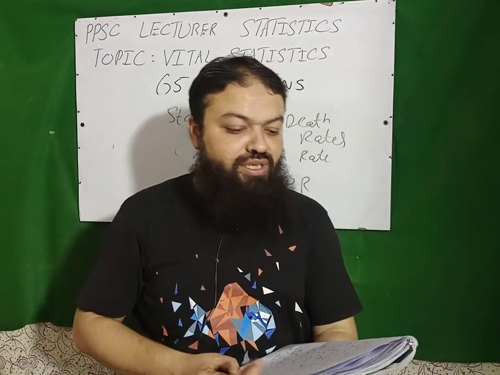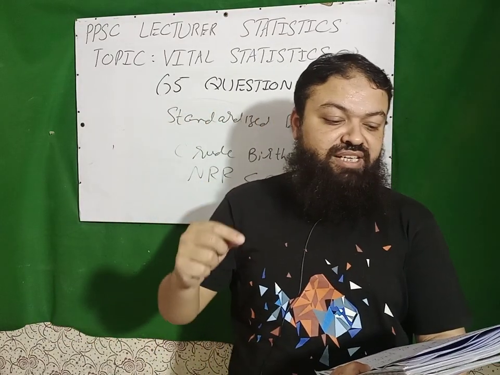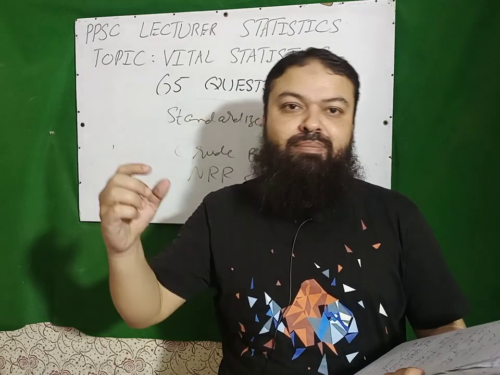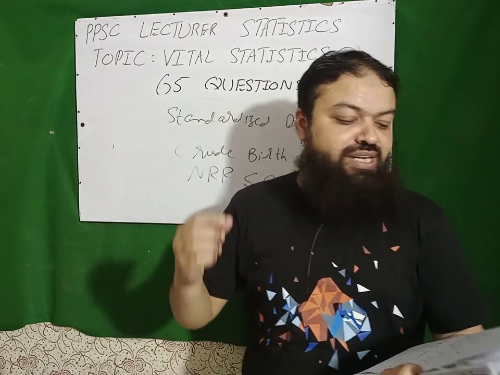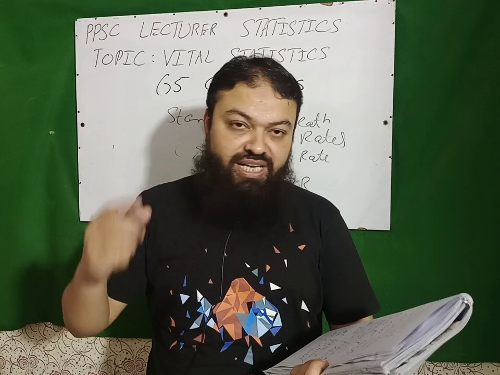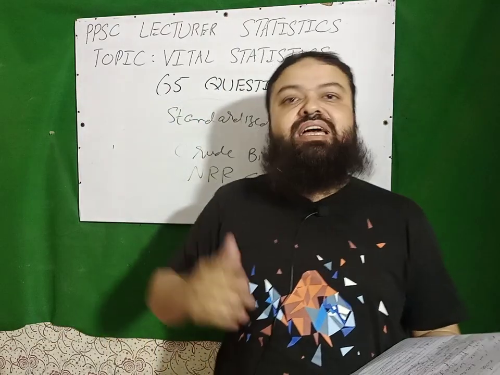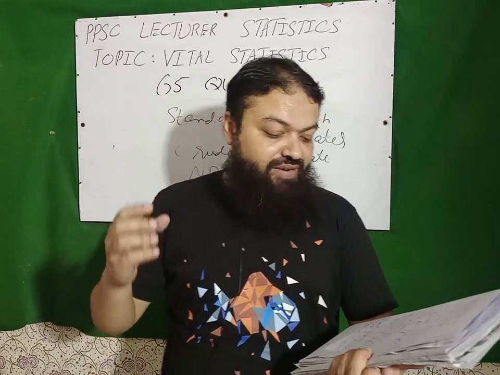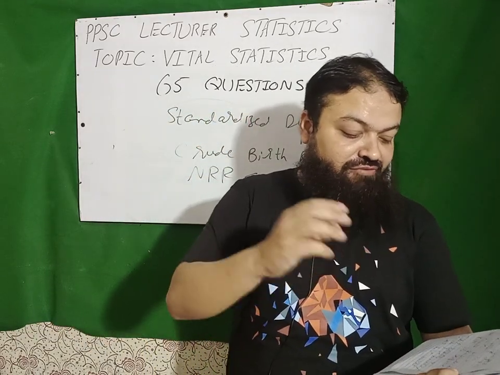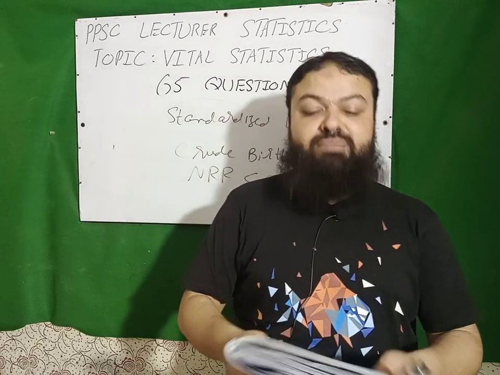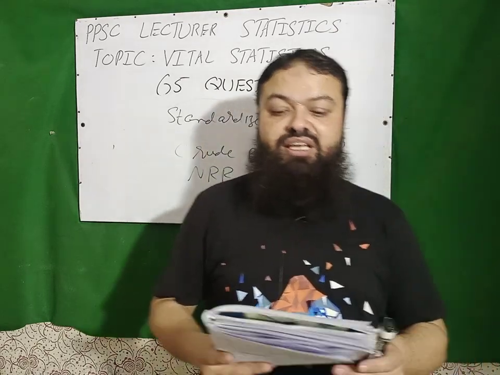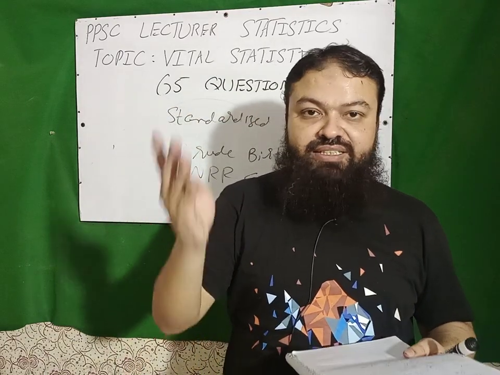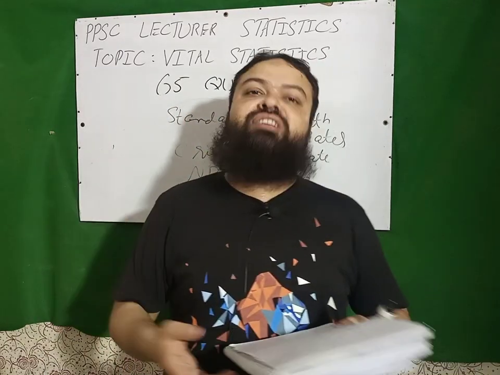Next question number 62, denominator of the crude birth rate is mid-year population. We take the denominator mid-year population. Next is crude death rate provides probability of dying of a person in a given period of time, as I told you earlier. Next, gross reproduction rate is defined as total fertility multiplied by female live births over total live births. Last question of today's lecture, growth of population depends upon increase in birth, decrease in death and immigration. All of these is the correct option.